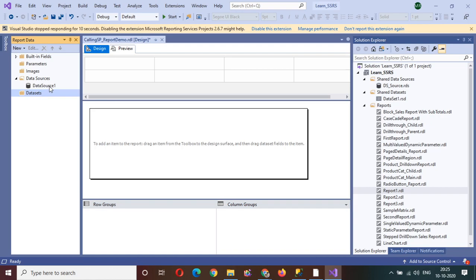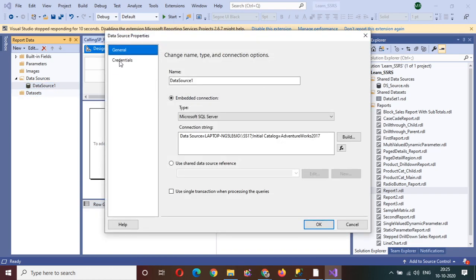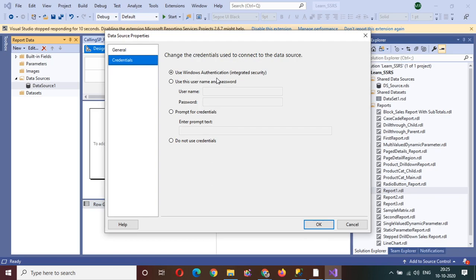That kind of error usually comes when the default option, do not use credentials, is selected. So always take care of this whenever you create a data source. Check that the credential is Windows credentials, or whatever authentication you are using to connect to the SQL Server, select it and then click on OK.